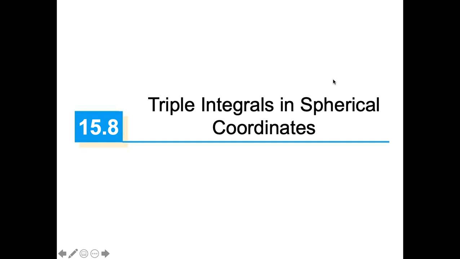Triple integrals using spherical coordinates. Now in this section, it is very similar to that of cylindrical coordinates in that we are basically going to use a different coordinate system to solve triple integrals. Once again, many times converting from rectangular to cylindrical or rectangular to spherical will offer a more convenient computation of the triple integrals. However, it won't always guarantee a